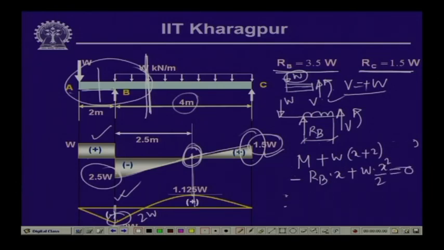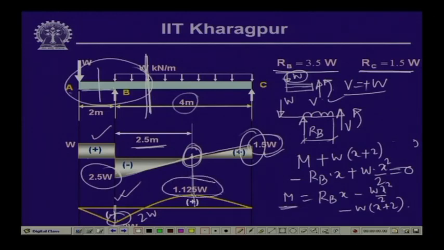So, the bending moment M is equal to R B into x minus W x square by 2 minus W into x plus 2. Now, if we substitute the value of x as equal to 2.5, where the shear force is 0, we get the magnitude of M as 1.125 W, and this is the maximum positive bending moment that occurs in this particular